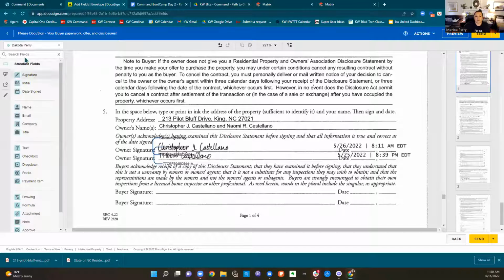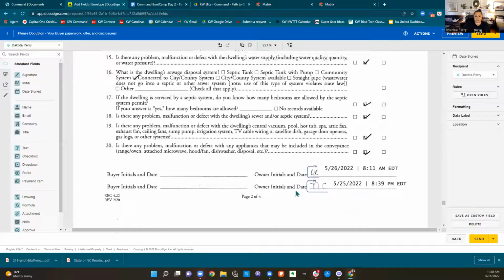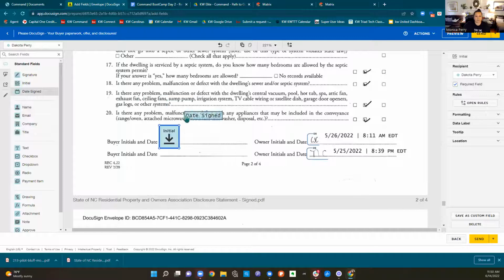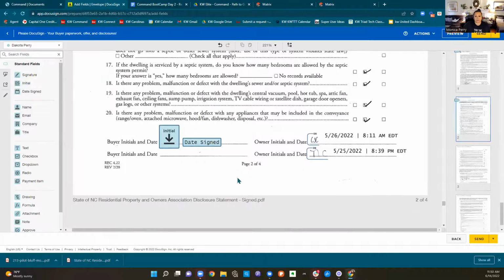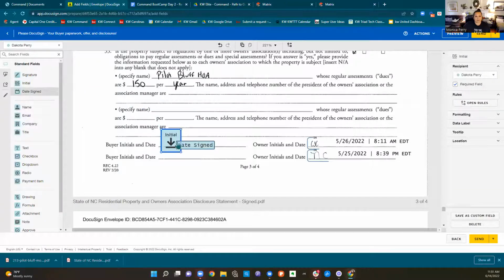So I'm going to come over here to the left. I'm Dakota. It's blue. That's where I want to be. I'm going to grab that signature and drop it. I'm going to grab this date and drop it. I'm going to move down to page 2. I'm going to grab his initial and drop it. And I'm going to grab the date and drop that there. I'm going to keep sliding through and doing that until I am done with everywhere that my client needs to